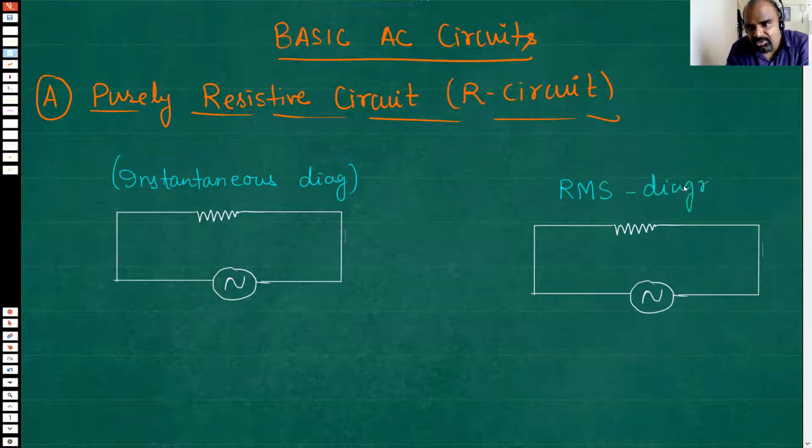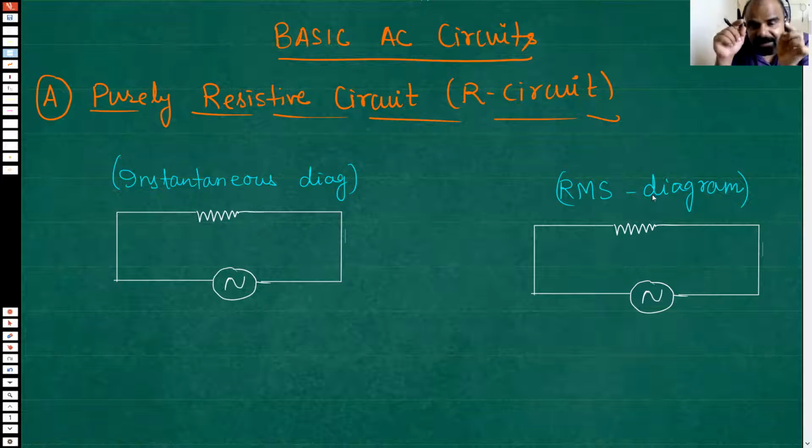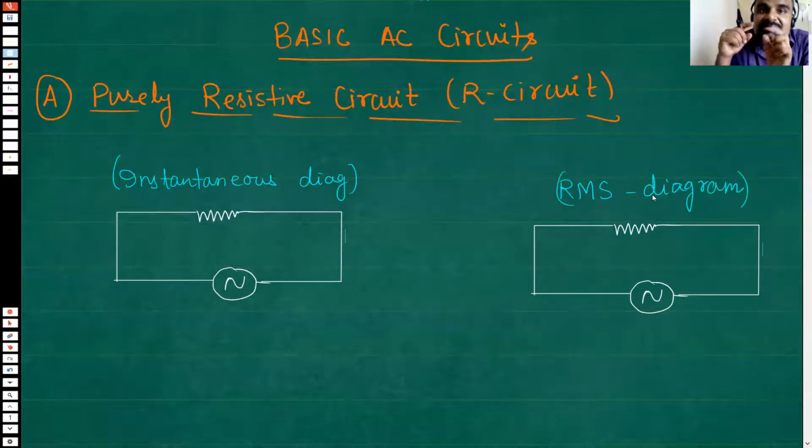Here, all values shown in this diagram will be RMS values. That means average values only. Please get it in your head that RMS means average, because I will say this many a times. But again, get it into your head that it's not direct average. It's the average after squaring. So RMS means a type of average. Okay. So this is average diagram and this is instantaneous diagram.